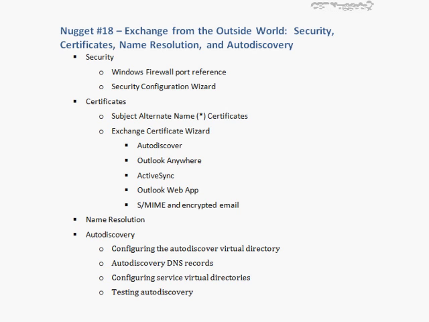Now, this entire conversation on certificates and name resolution brings us to the last point here, which is related to Autodiscovery. Obviously, you want to create the most seamless user experience for your users as you can. And one of the ways that you can do that is by providing a service that exists out in your perimeter that is listening for inbound client requests. Microsoft's clients are automatically configured to search for that service, that Autodiscovery service, based off of a set of known URLs. Those URLs can be your fully qualified domain name/Autodiscover, or it can be